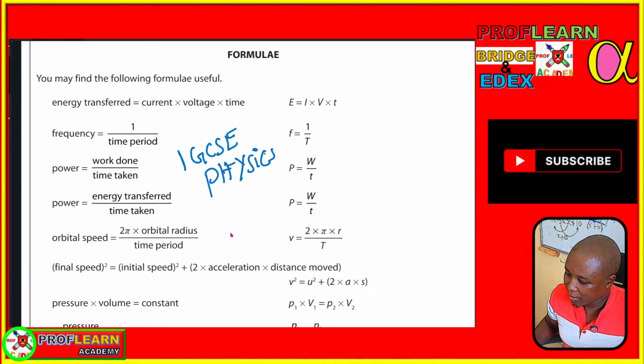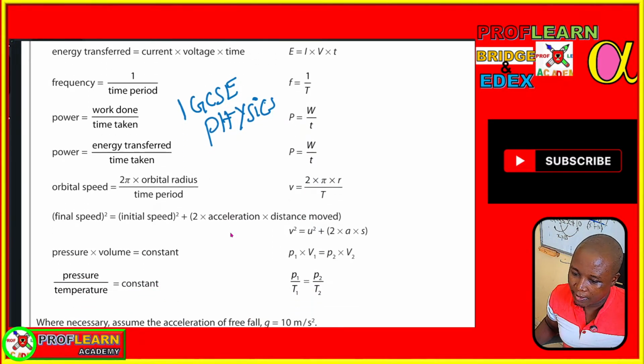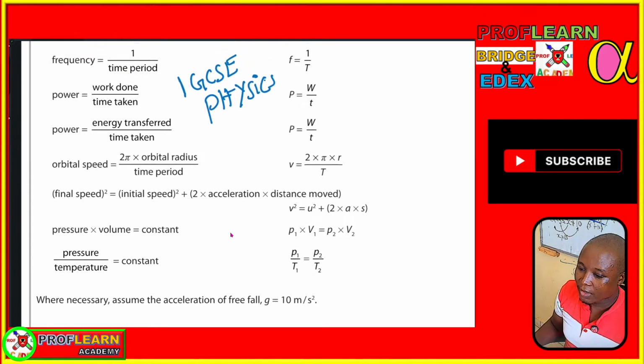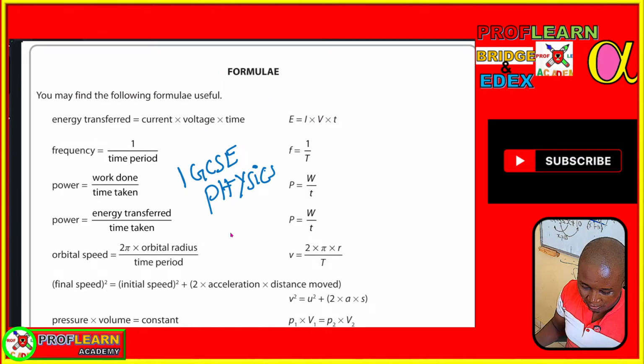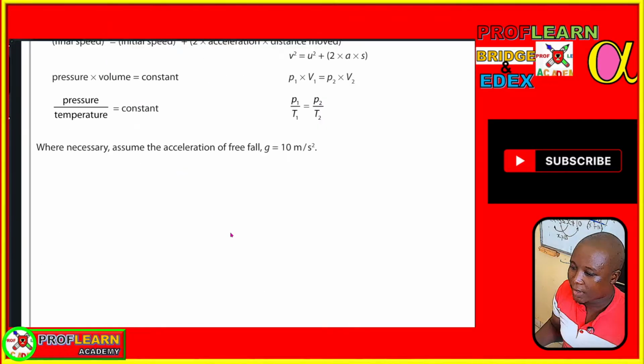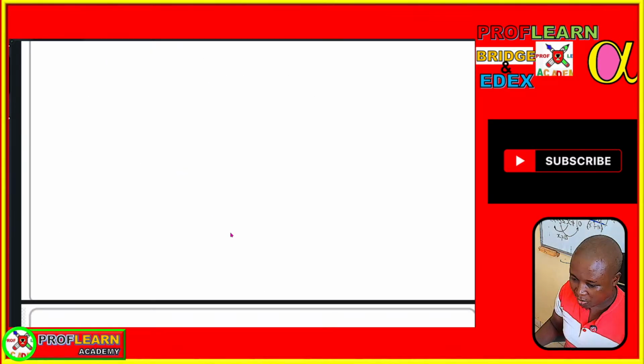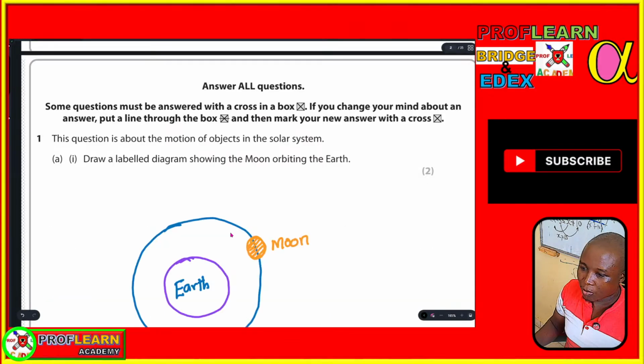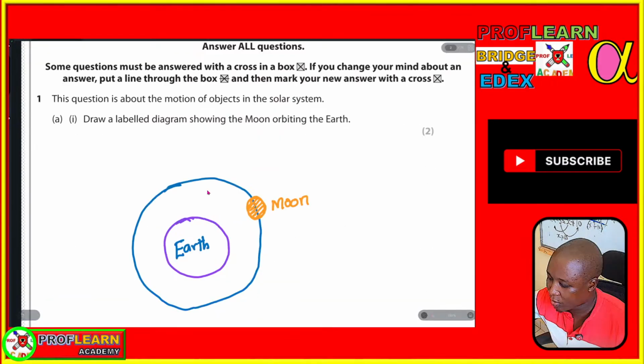So what you need to notice is that you'll be provided with the formulas on the first page, and sometimes I've seen them providing formula booklets. This is what you really need to look at, the first part that you must check, because these formulas will enable you to answer most of the questions that are inside the paper. Looking at question 1,